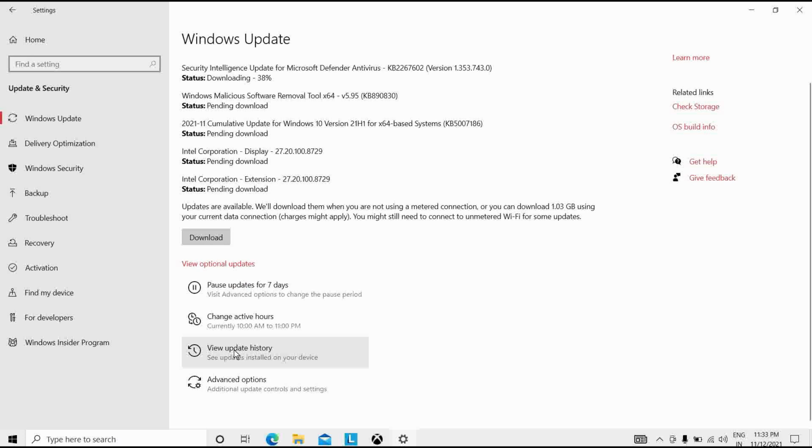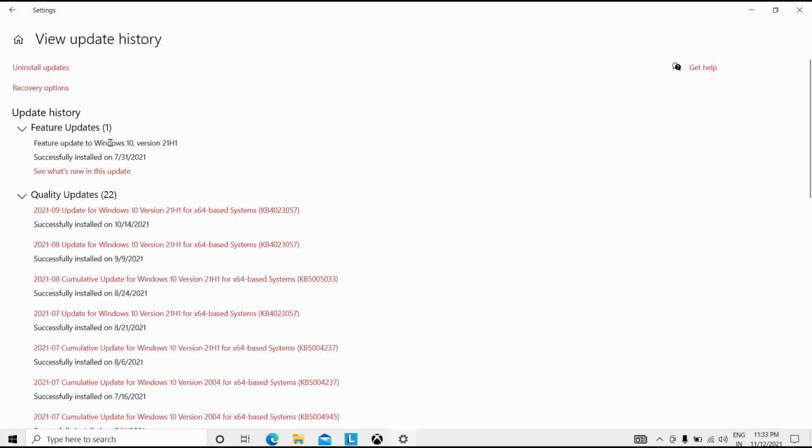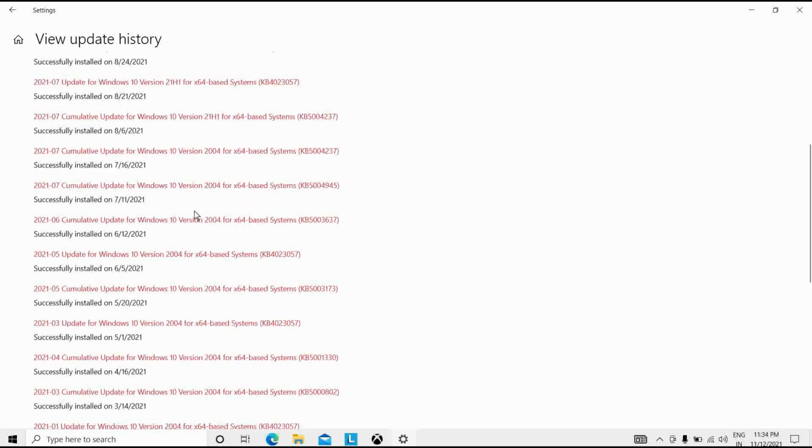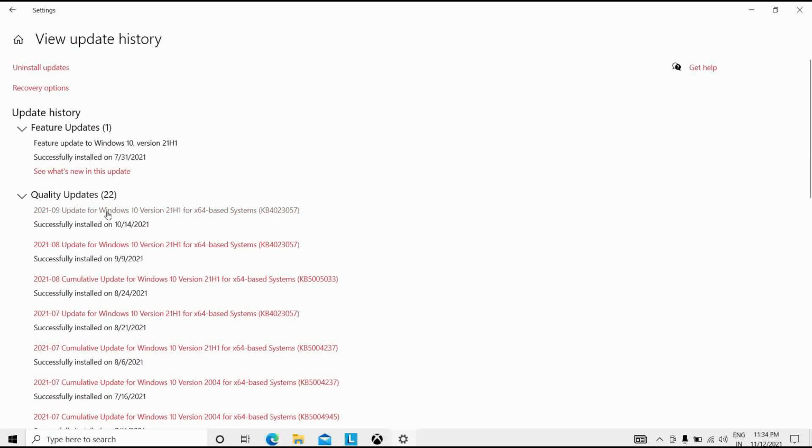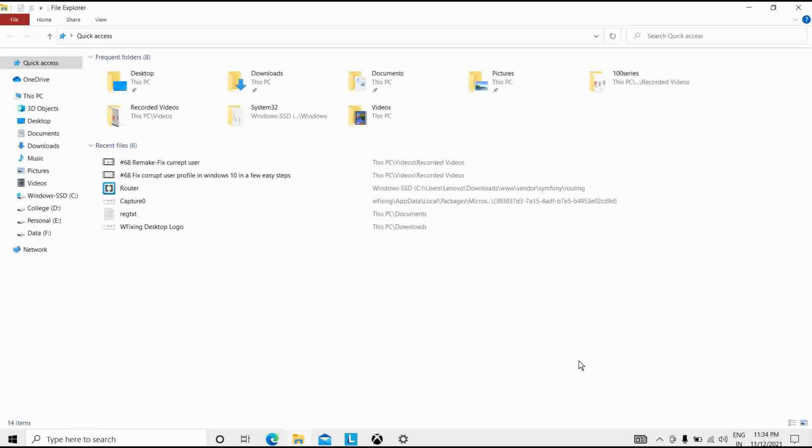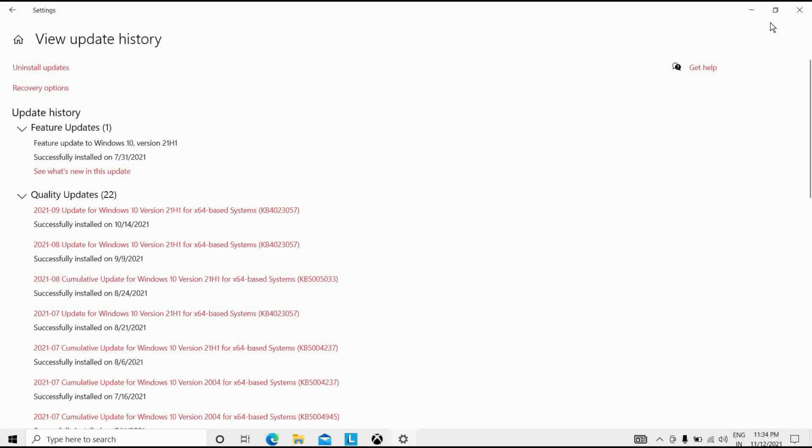I will click on update history. You can see my history here, and I can uninstall the updates from here. You can see the uninstall updates option on the top bar. You can just select and uninstall all these updates.